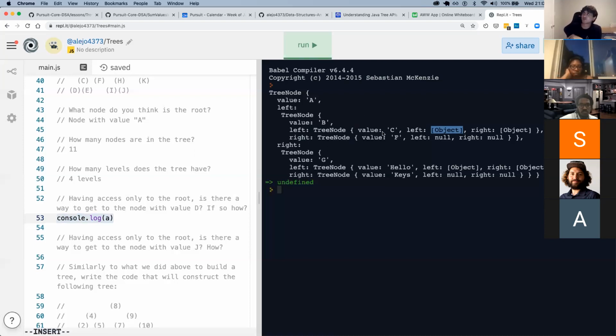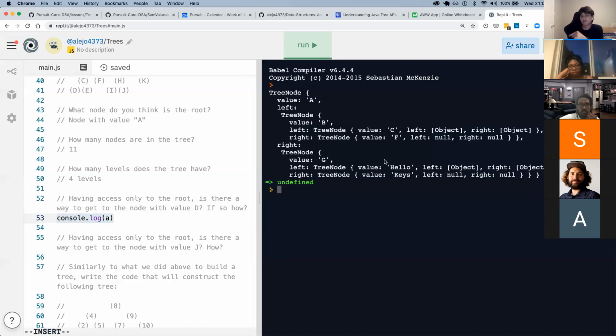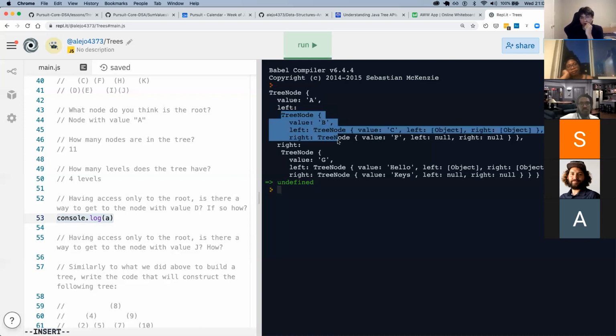So my confusion was, and I want to hear your thoughts, that from this console log, the visualization I was making is: okay, we have a tree node with value A. And now the left of A is a tree node with value B. So it looks like the node with value B is inside of the node with value A, right?